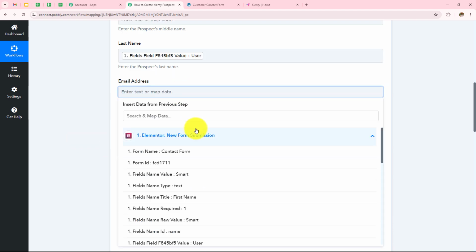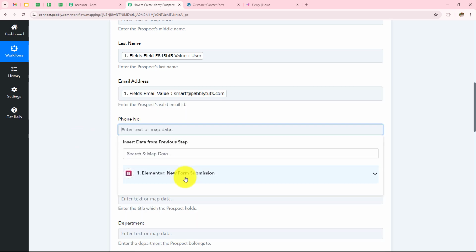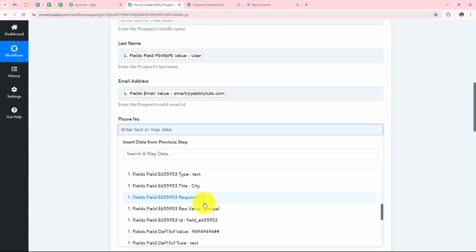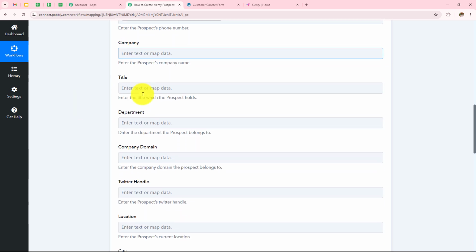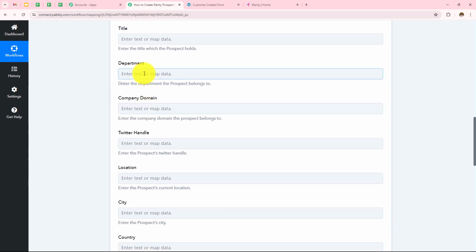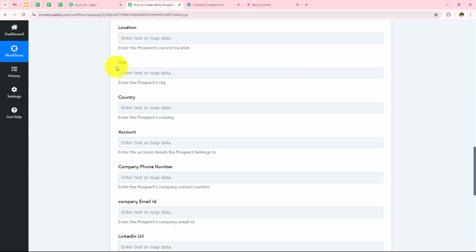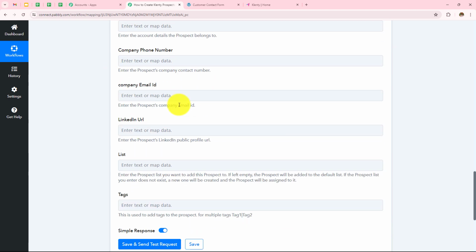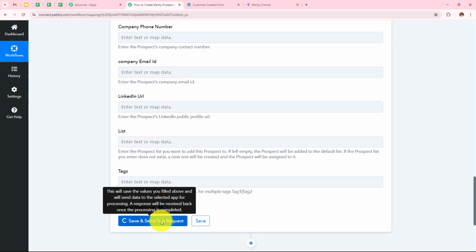I'll map the email as smart@pablitudes.com. The phone number as this one, and I am leaving these fields blank, which is company, title, department, company domain, Twitter handle, location, because it is not required. And I also don't require these fields, city, country, account, so I am leaving these fields blank. I'll simply click on save and send test request.